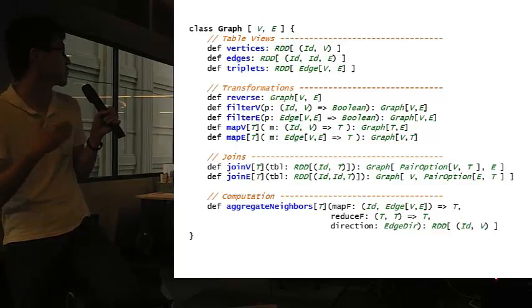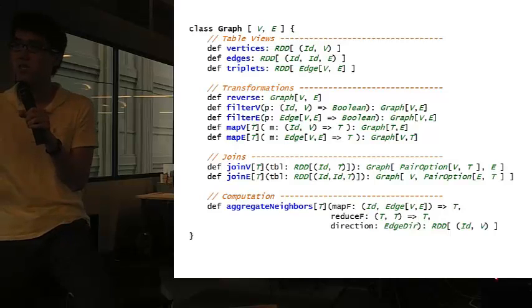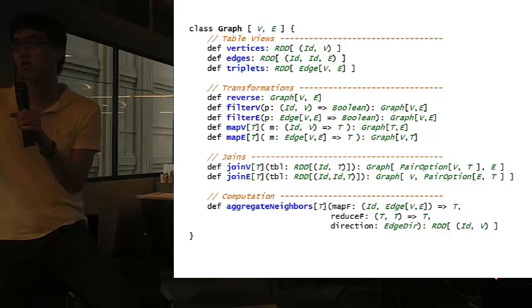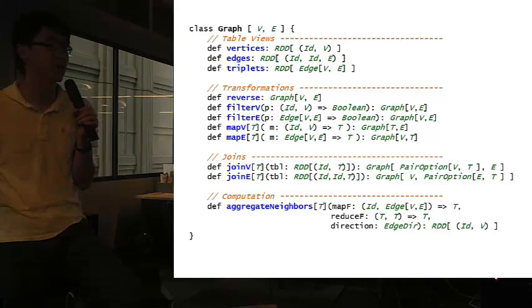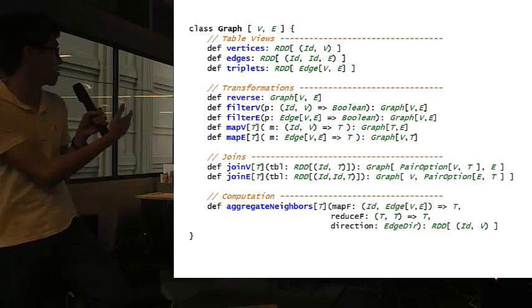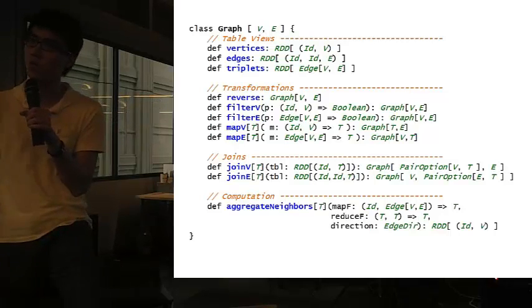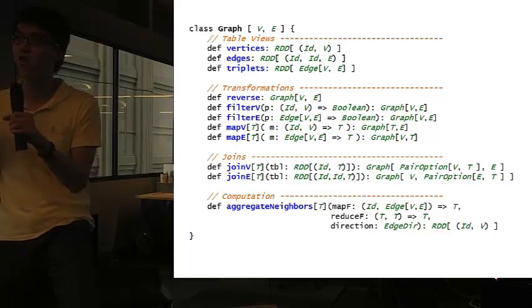And then you could do transformations like you could filter the vertices, you could filter the edges, you can map the vertices to create a new graph, or you can map the edges to create a new graph. Then you could do joins, and then you have, finally, aggregate neighbors, which is used to do computation. And this API looks very, very simple,